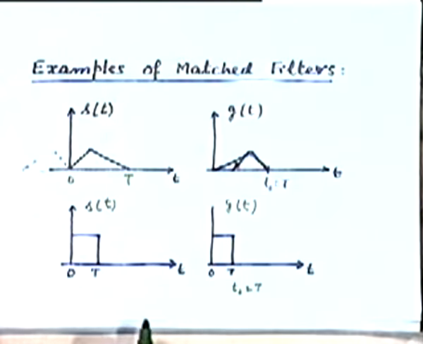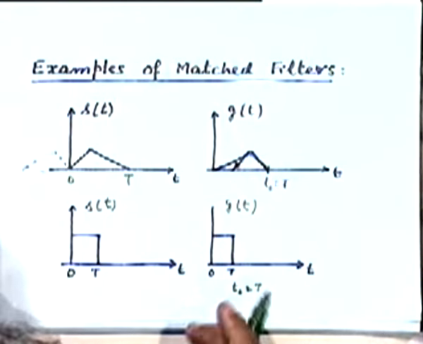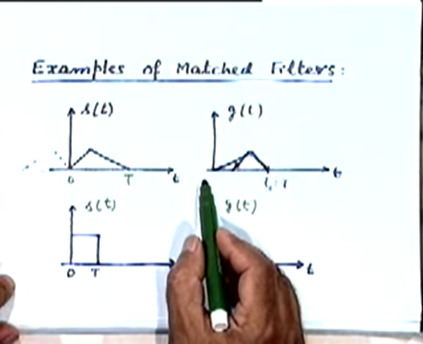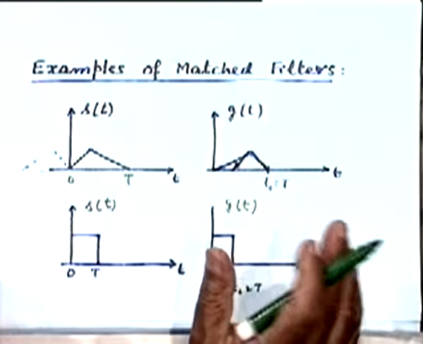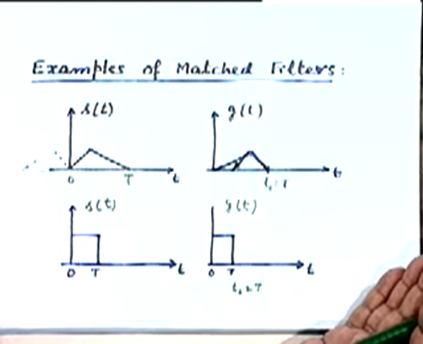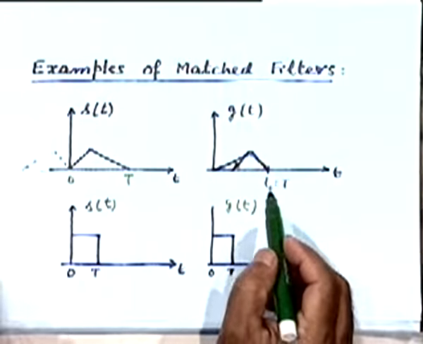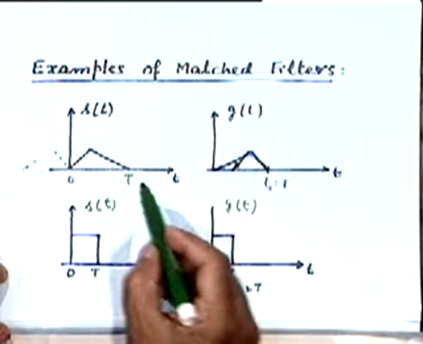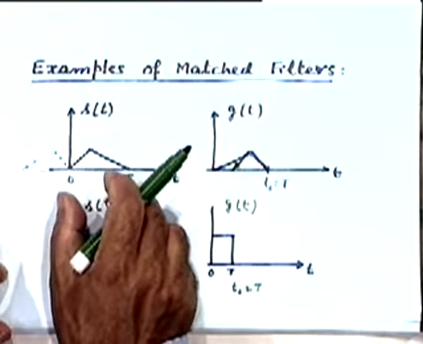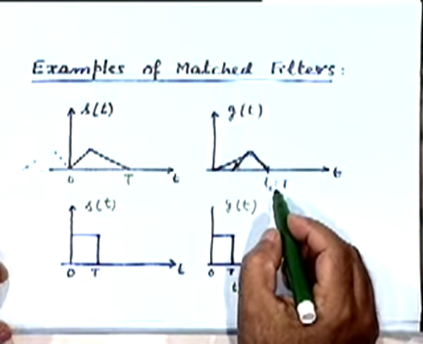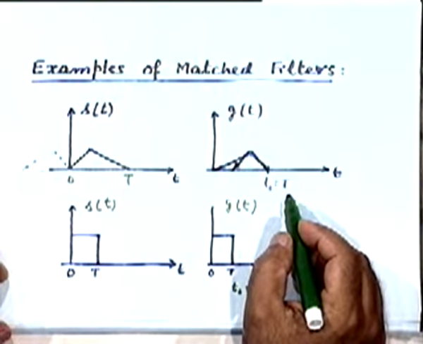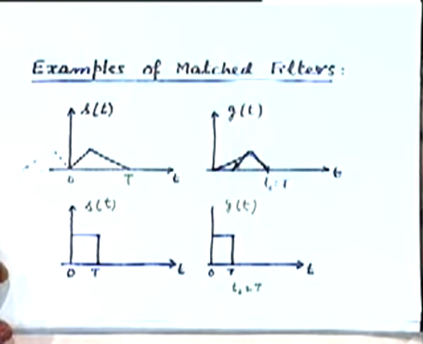Of course I am considering here only real examples. Suppose I had taken T0 equal to 0, what would have happened? What would be the impulse response of the matched filter? Essentially the same. In shape it is the same. Only thing is it is non-causal. That is why it is best to choose T0 equal to T. In fact, this is the optimum value in a digital communication environment, because every T seconds you are sending a new pulse. So you better choose a sampling instant at the end of every signaling interval. This is what is typically done.